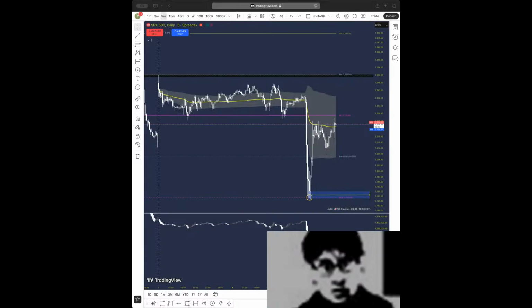And now you can see that they tried to go again, but the level two didn't let them. Okay, so now that is the absorption. And these rectangles are the absorption indicator on the